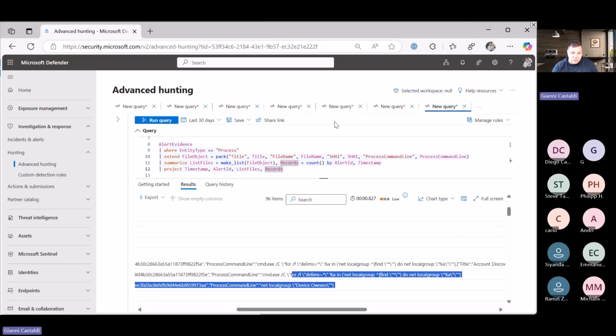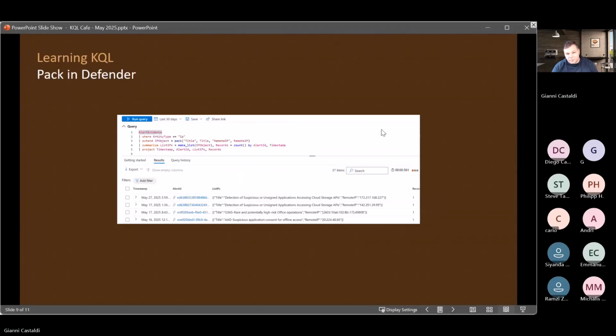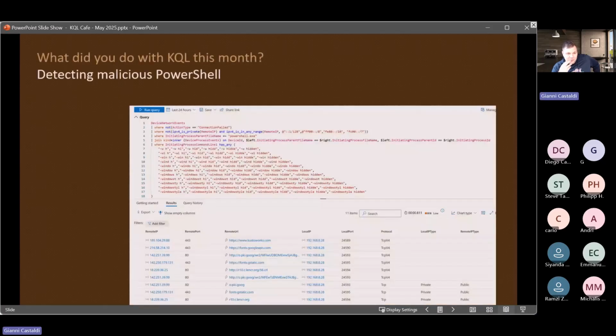And if we go back to the deck, it's also about what have you done this month? This month I was playing to detect PowerShell running a child process which was doing network events. As you can see in the bottom part of the query, I had to do a bit of playing with data, because as you might or might not know, if you invoke PowerShell with